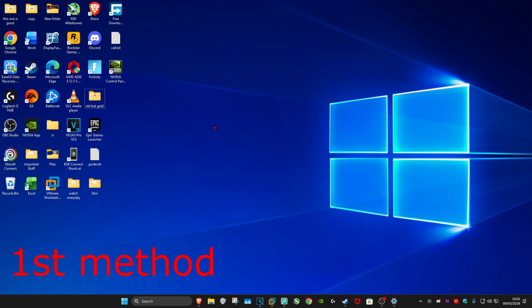So guys, for the first method, you want to close Discord. So in the bottom right of your taskbar, click on the arrow, you want to find Discord. Or you might have it right here. Once you find Discord, you want to right click on it, and then click on Quit Discord, which will then